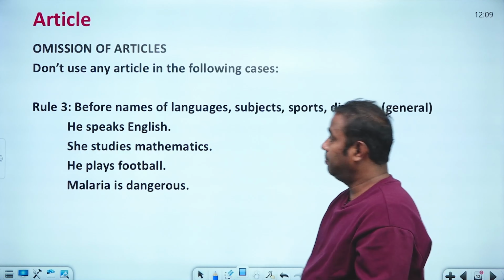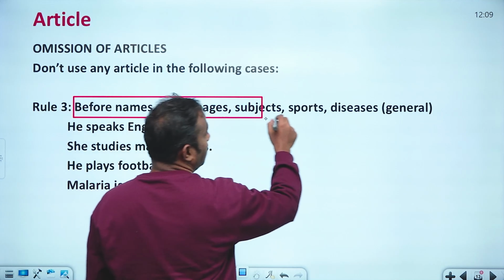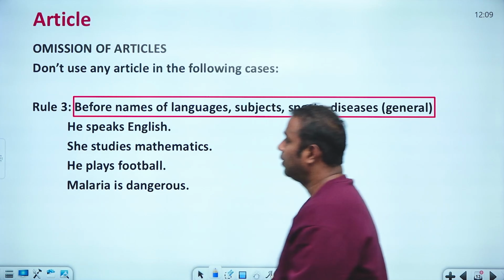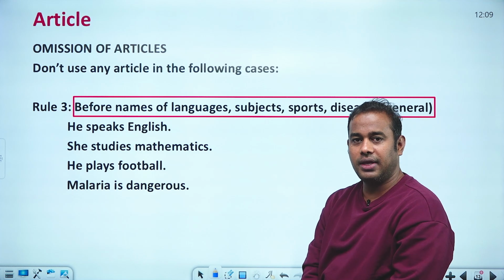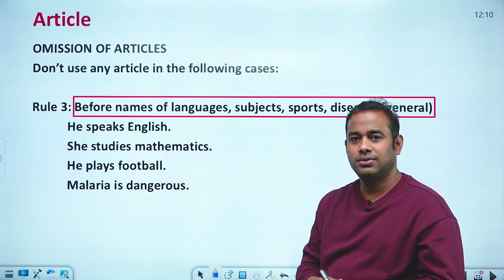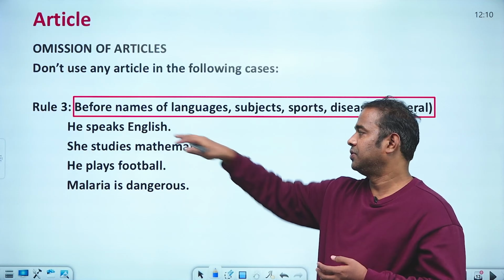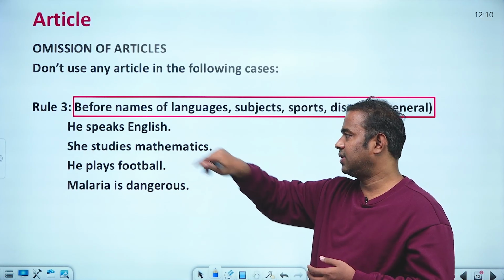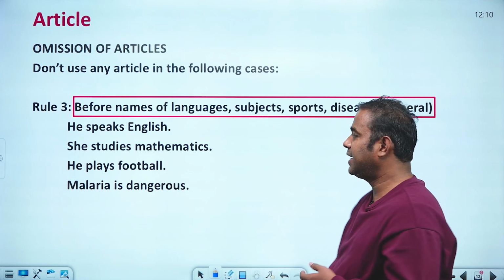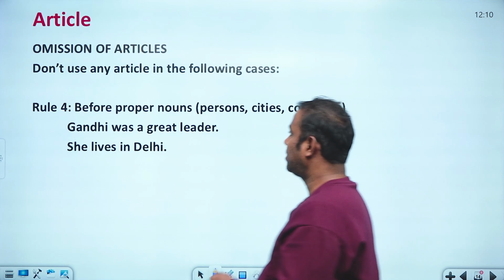Then before names of any languages, subjects, sports, this is in a general sense. So here also we cannot use any articles. He speaks English. How many Englishes are there? Only one English, no? Then why refer to it as only one? Because we know that there is only one. So not "he speaks the English". He speaks English. She studies mathematics. Then he plays football. Malaria is dangerous. So like this. Okay. Then before any proper nouns,